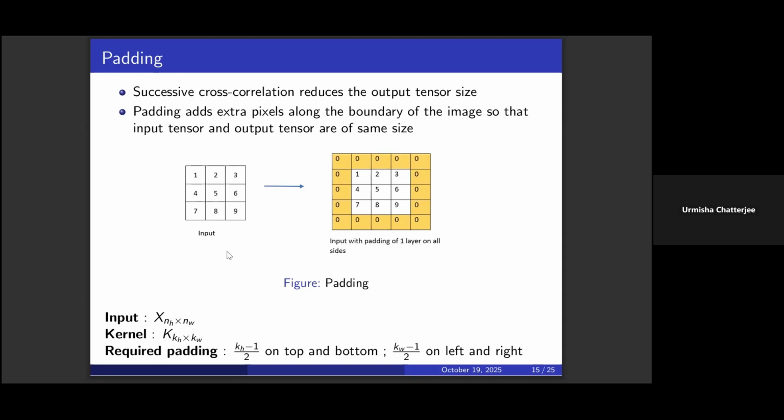Well, you might want to have a larger size than your input size, then you do a padding of additional layers. So here I have shown that this was a 3 by 3 image, then I have done a padding on both sides of one layer, so that now it's a 5 by 5 image, and then you perform the cross correlation operation on this padded input image. So if you use a 2 by 2 size kernel on this padded input image, the output will be again 3 by 3.